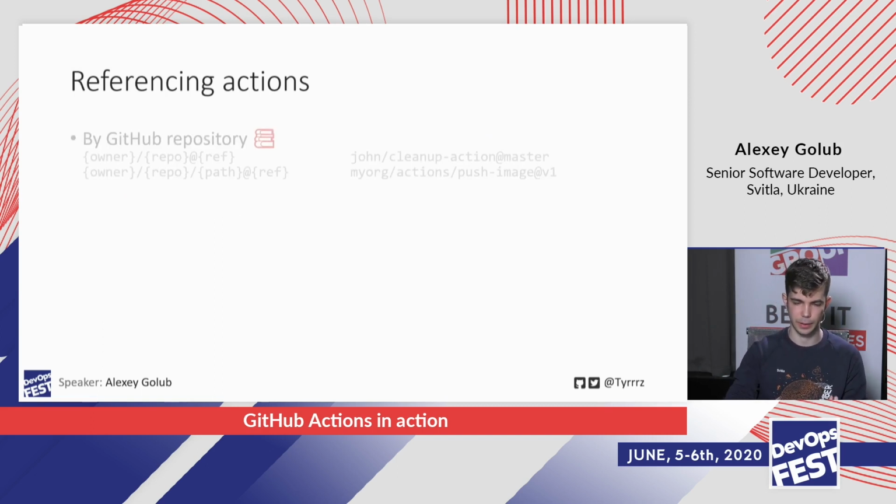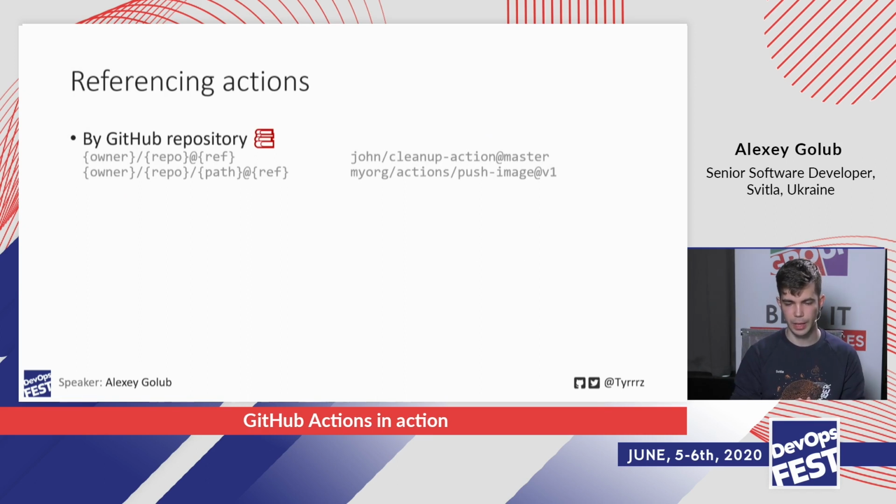And again, we've seen the first one, which is by GitHub repository. This one is the most common. And the way it works is basically you just specify the owner of the repository / the repository name, and then the ref tag. So the ref tag can be anything. It can be a tag, so like v1 or anything else that the owner of the repository pushed. It can also be a name of the branch, so master, if you want the latest commit on the master branch, or you can even specify hash of a particular commit.